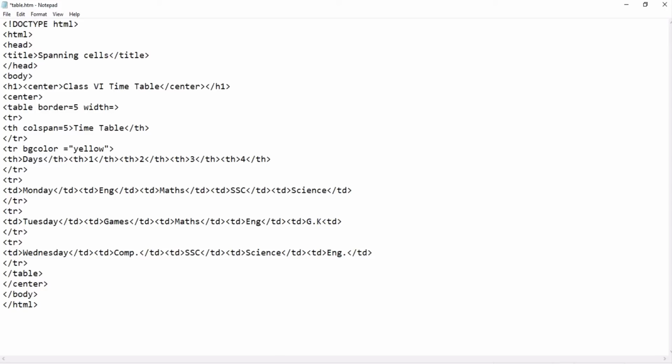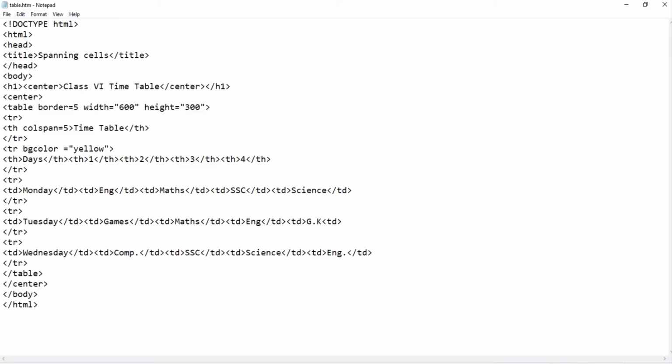Width is equal to, you can write here 600, it's in pixels. Then I will write height equal to 300, just suppose. Of course you can change.